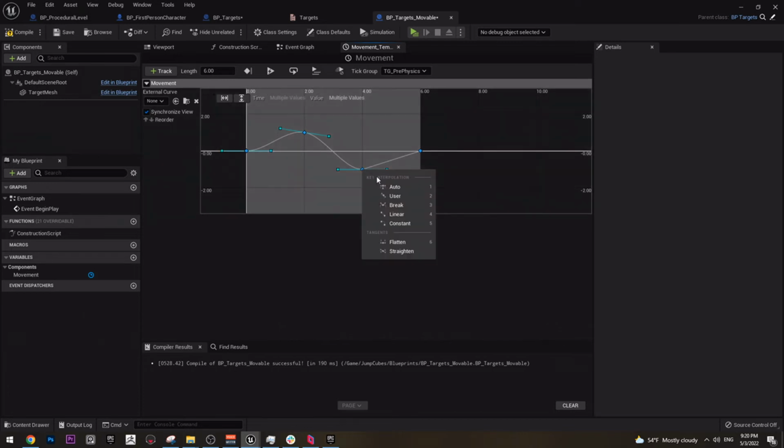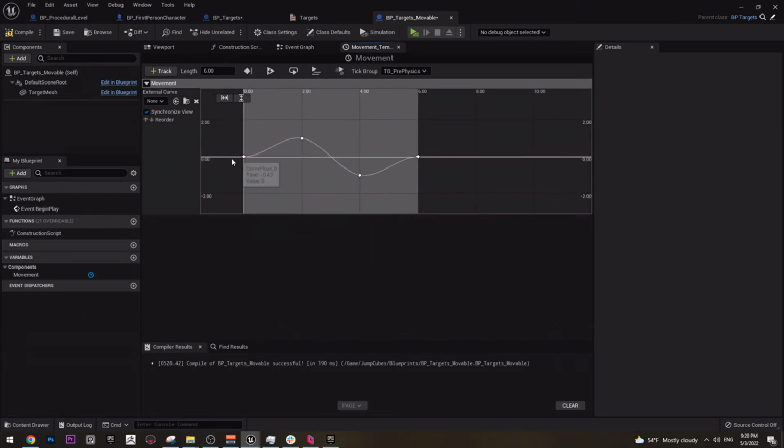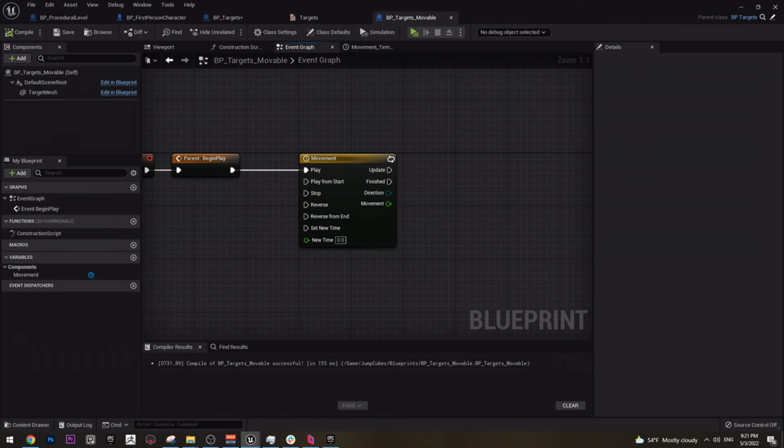And let's smooth everything, and now we will have something that starts from 0, goes to 1 at 2 seconds, then goes back and goes to -1 at 4 seconds, and then returns to 0 at 6, so it's seamless. The end and the start should always be the same value, because we can create a loop, and we are going to loop it. Now if we go to the event graph with this information that we created right now,